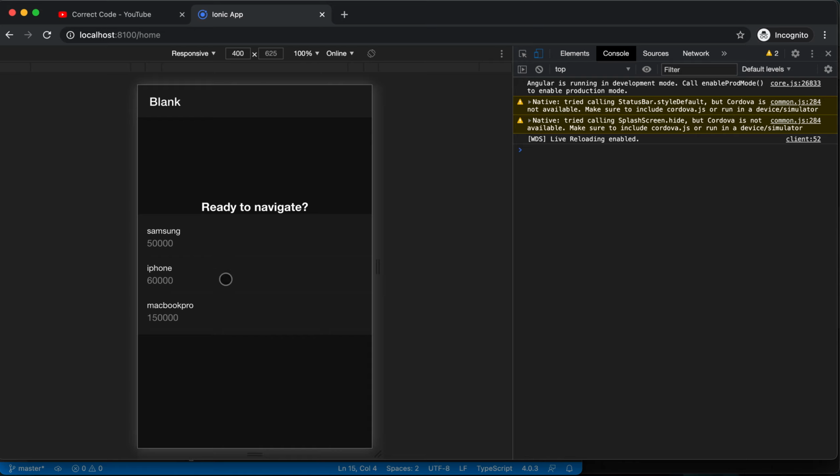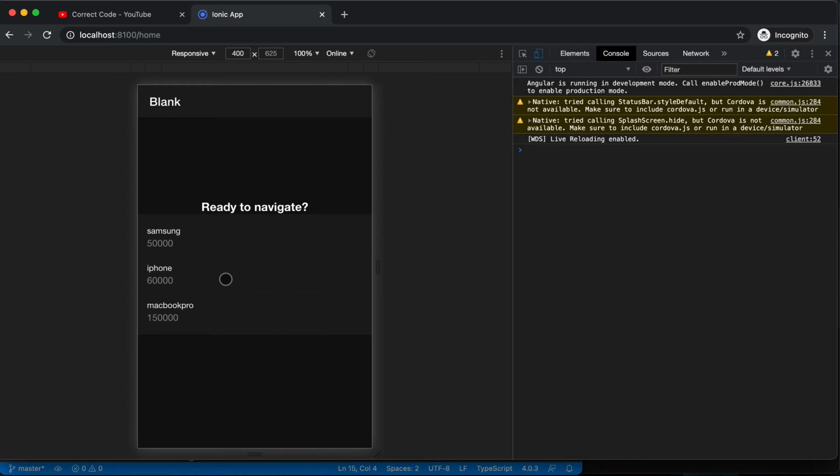Now this is one way to pass the data. Usually in real time we have a lot of data. For example, if you are running an e-commerce website, there is multiple product information, like product name, product description, product image, product reviews. All this information is there.